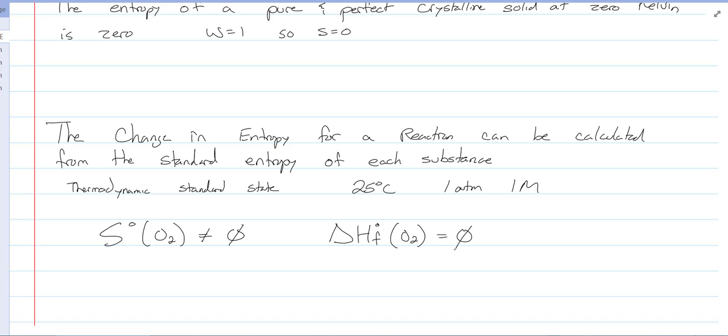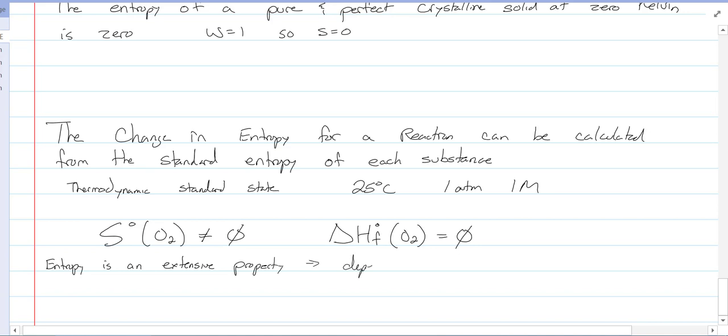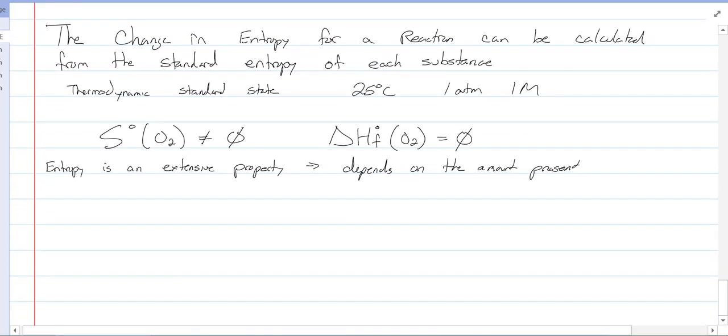Okay, so entropy is an extensive property. Right? It's an extensive property. It depends on the amount present. Just like going back to our seating arrangement. If you have lots of seats or a little bit of seats, lots of students, a little bit of students. If you have a lot of students, there's more entropy because of how much is present versus only a couple of you or one of you. Same thing here. So let's summarize,